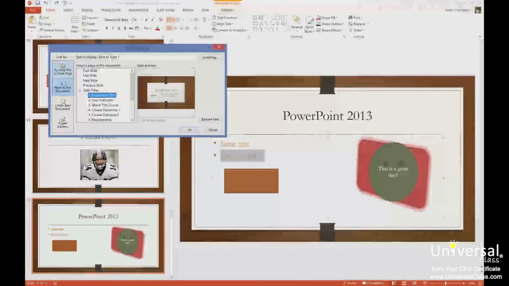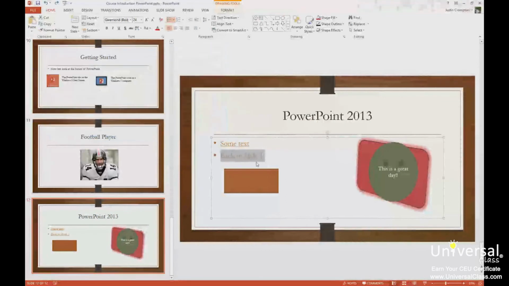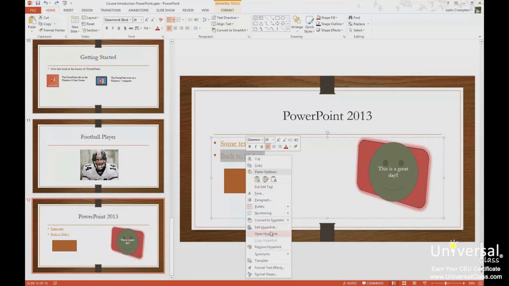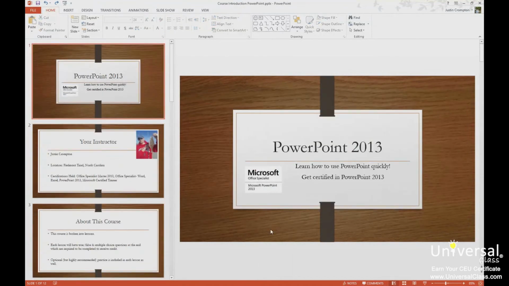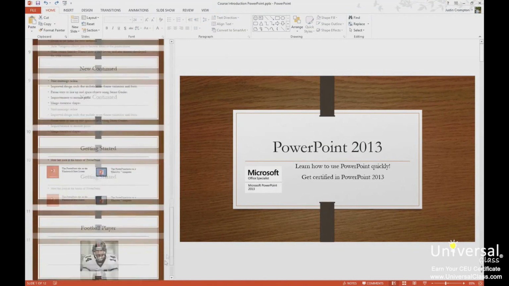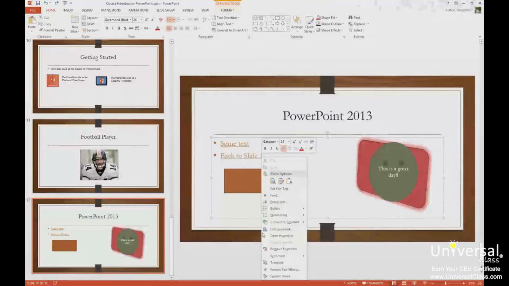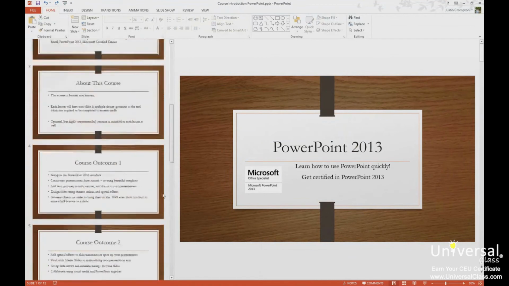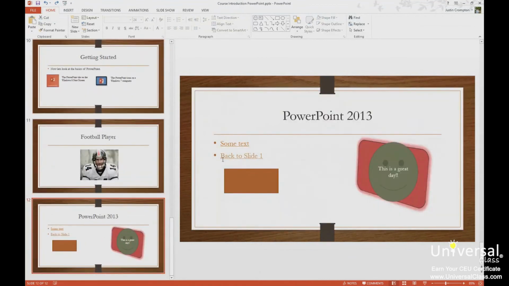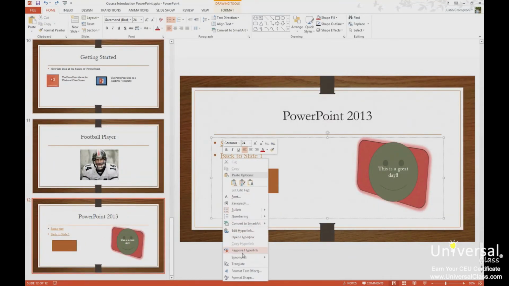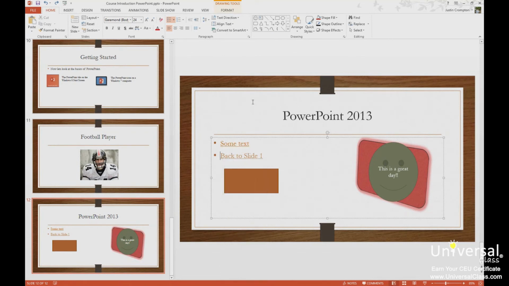Use sparingly. Now, if I want to open the link without going to presentation view, I can right click here and go to open hyperlink. But I cannot click the link unless I'm in presentation view. To do it in normal view, I have to highlight the text and choose open, or be somewhere in the text and choose open hyperlink. Have the I-beam in the text and choose open hyperlink. If I want to remove it, I pick remove. If I want to edit it, I pick edit. So that is